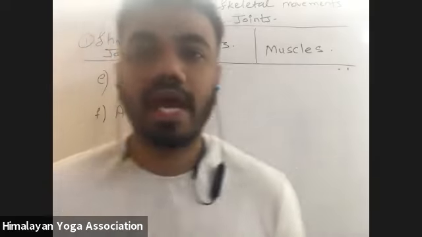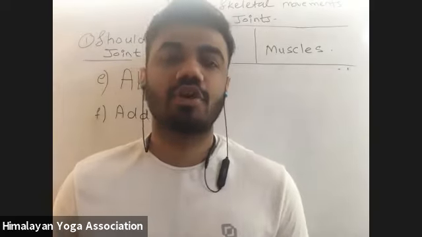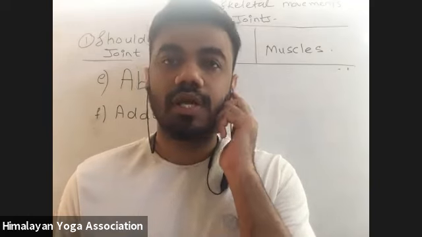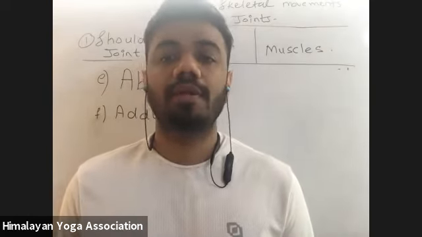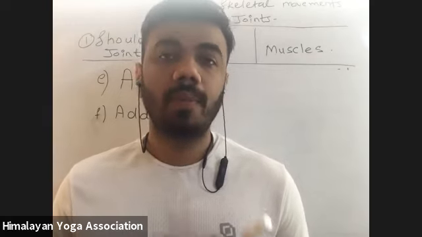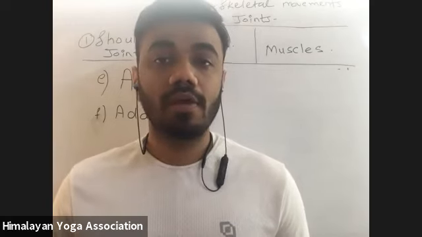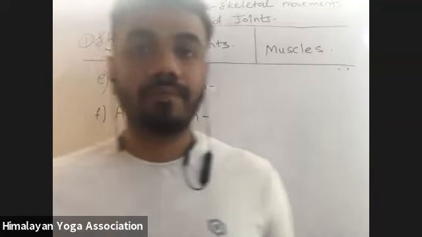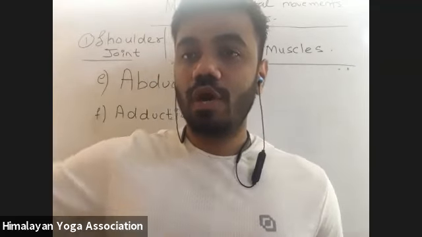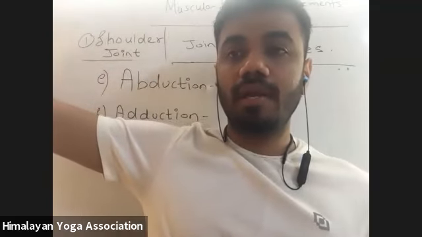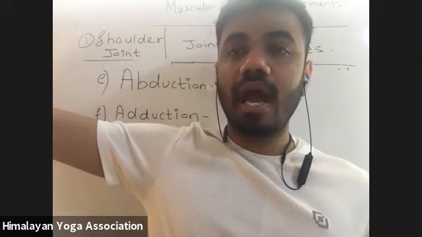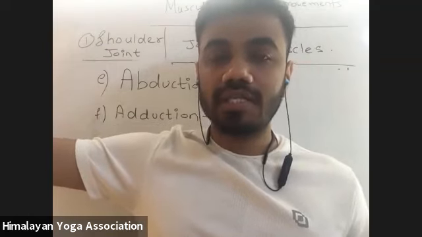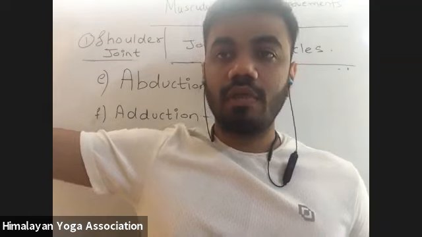So what is the abduction and the adduction of the shoulder joints here? To abduct means we need to move our arm away from the midline of the body. So if we are standing like this, straight, we need to move our arm away from the midline. This is abduction. And what is adduction? When we bring it towards